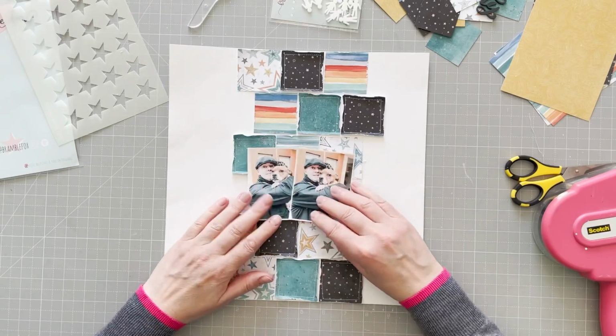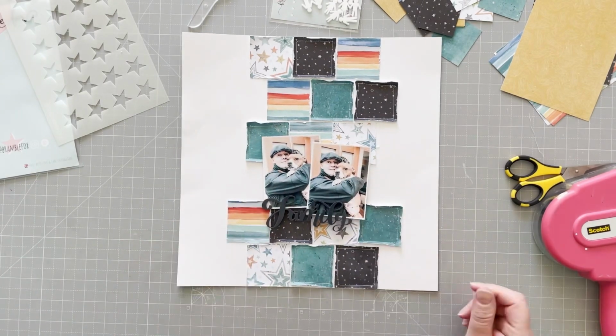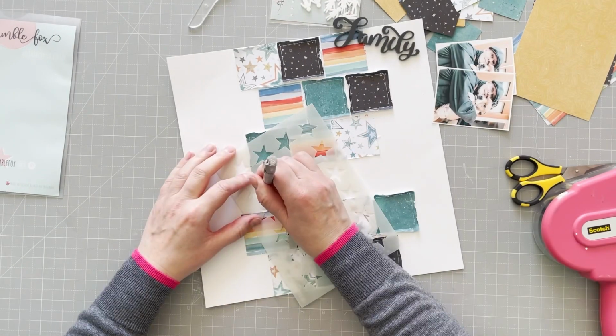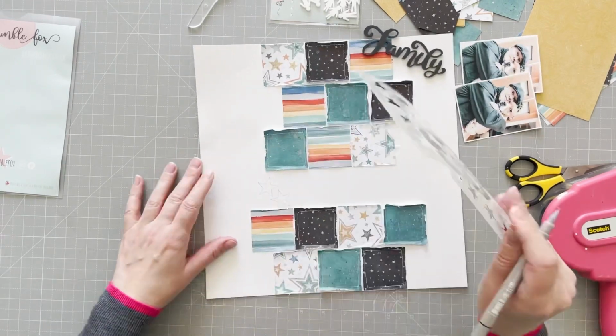Okay, so I left a gap down the middle. I thought about putting some each side of it, but actually I quite like it being a plain gap there, and it will help my embellishments stick out a bit more. So this is where I'm going to use my stencil. I'm going to use it to draw some stars in my grey fine line pen